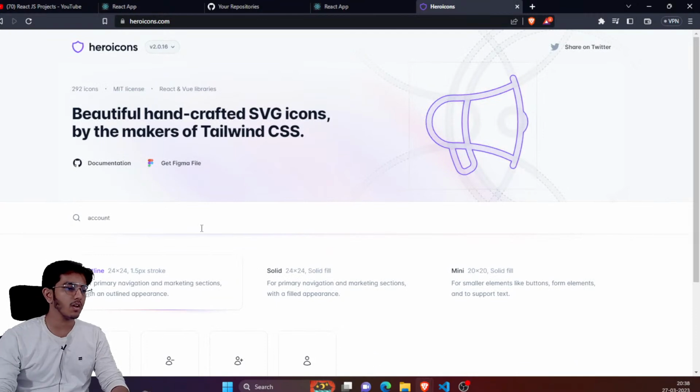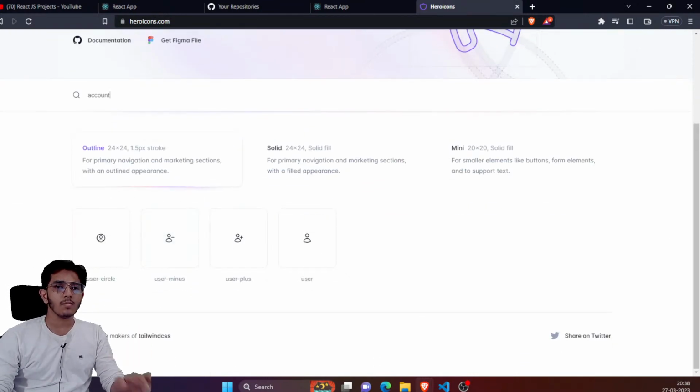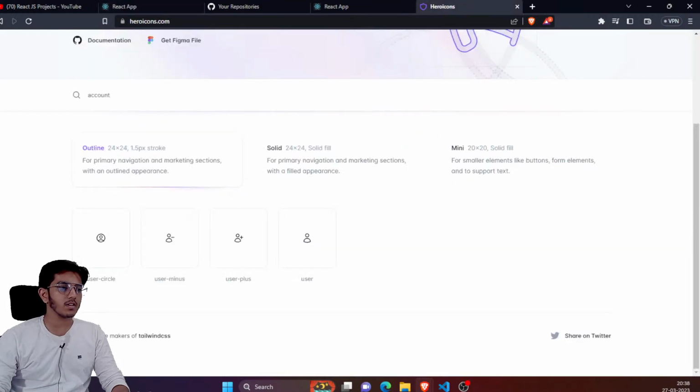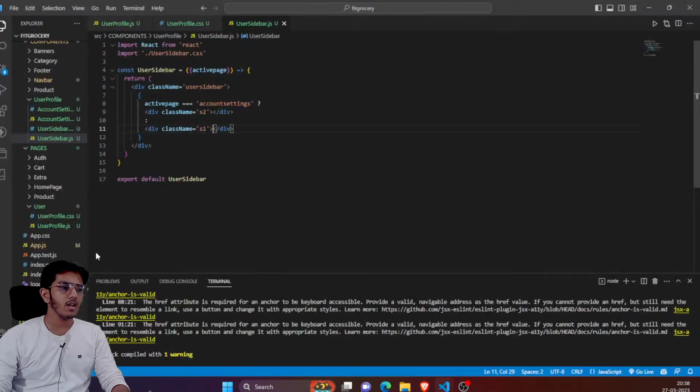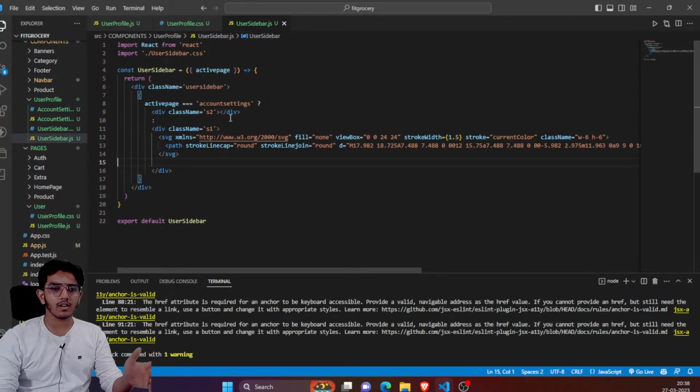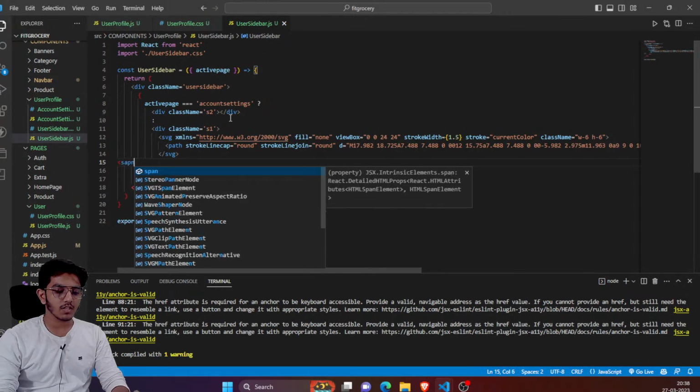If I say account, you'll get the account icon. Similarly, you can get the icons and they will be directly shown on this page. Suppose, for example, I'll copy the JSX of this one and give you an example, and you just need to paste it here. That's it. So the icon is copied, and you can also give it a